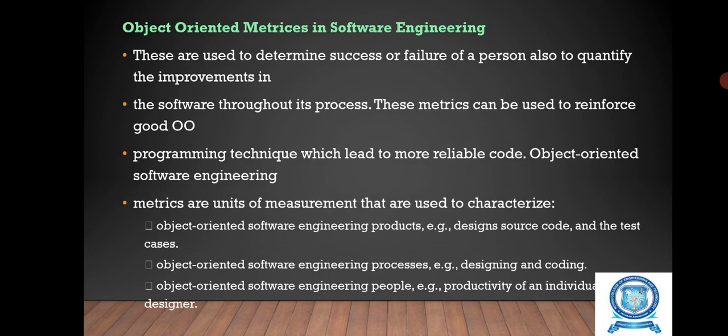Object-oriented metrics in software engineering. These are used to determine the success or failure of a project, and also to quantify the improvements in the software throughout its process. These metrics can be used to reinforce good object-oriented programming techniques, which lead to more reliable code. And object-oriented software engineering metrics are units of measurement that are used to characterize object-oriented software engineering products,